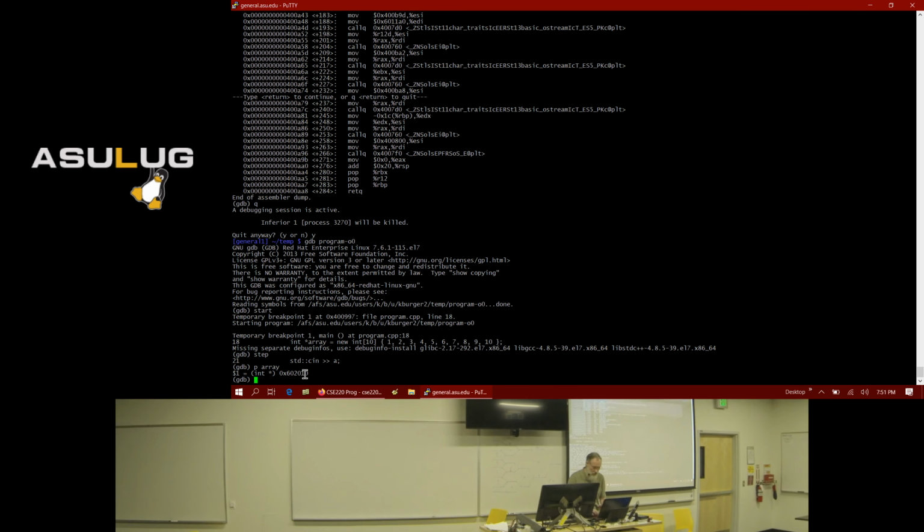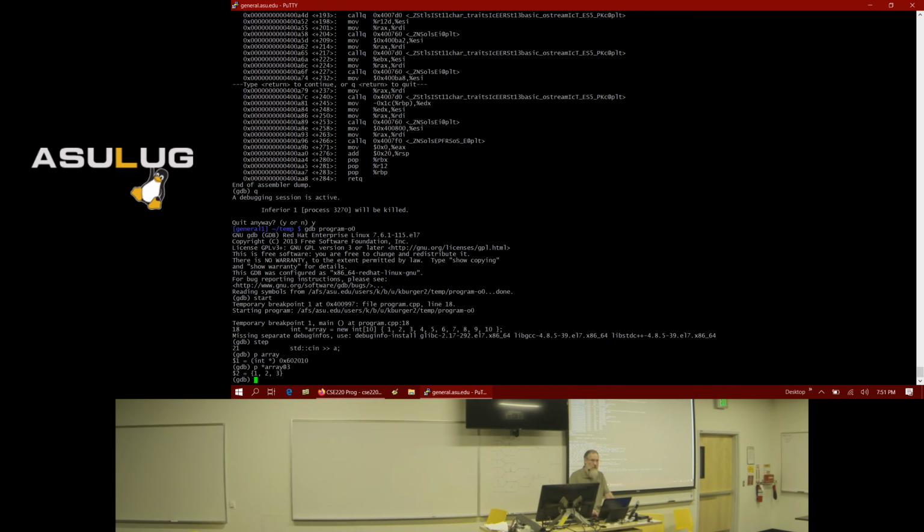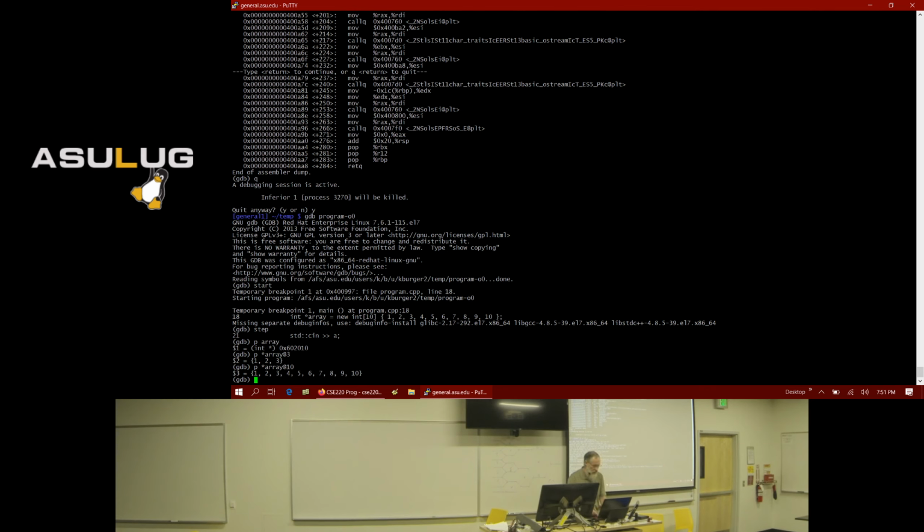So let's try that out. P star, the name of my array, at, and let's display the first 3 elements. And they're 1, 2, 3, like they should be. And if we want to display the entire array, we can do that. So during debugging, you might do that, and you might discover that one of these array elements isn't correct. It's wrong. Okay, so that'll help lead you to where the bug's at.